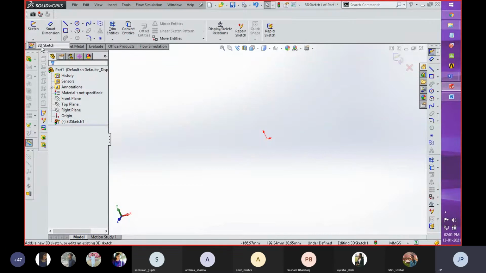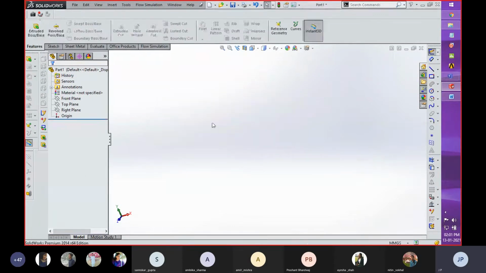So if you want to create any sketch in this module, you can select two methods. That is, sketch is working only in 2D plane, that is XY, YZ or ZX. Or if you select this 3D sketch plane, so directly you can use any 2D tool command in SolidWorks in all the axes. So I'm going to show you how this can be done.